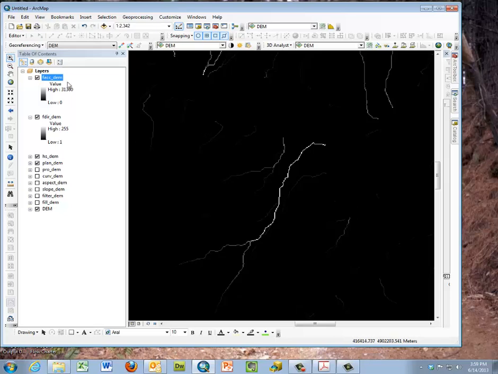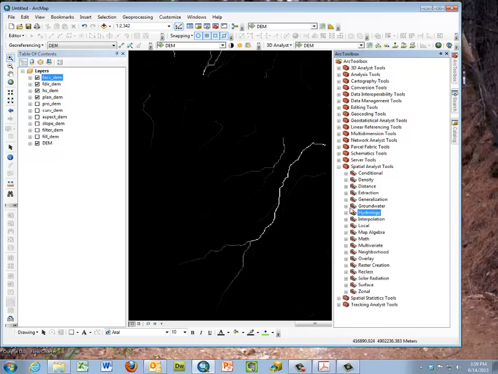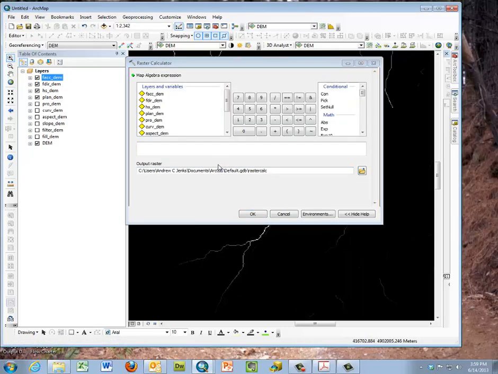Now we want to do something a little bit different. We want to work with one of the derived layers where we're doing a calculation. It's a little more extensive than the raster operations we've been doing in the simple spatial analysis in hydrology and surface. We're going to work with map algebra, and we're going to use the raster calculator to calculate the stream power index. And how we're going to do that is we're going to write a formula, and we have to do the natural log